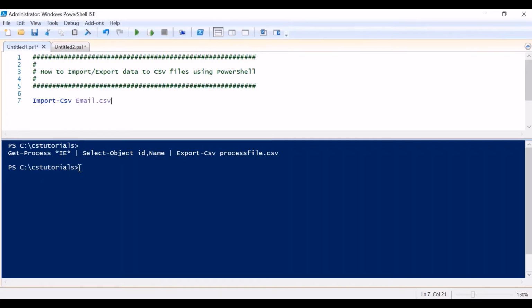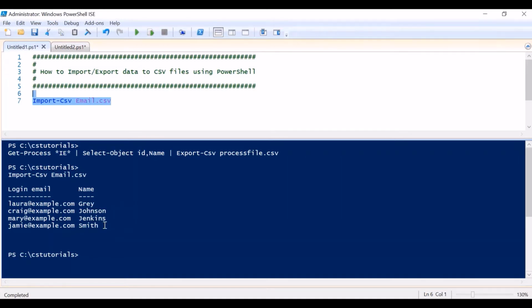As I'm already in the CS tutorials folder where this file is present, I am passing only the file name. Otherwise, we have to provide the file name along with the complete path. So let's execute this script and see what the output is. It returned all the records from the CSV file along with the header. As I mentioned earlier, the first row will act as a header and further rows will act as data.